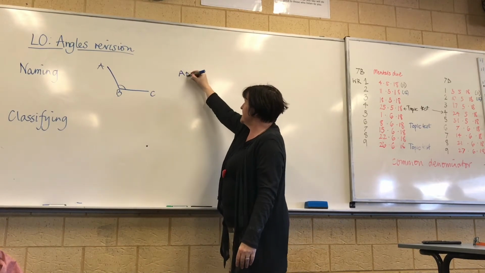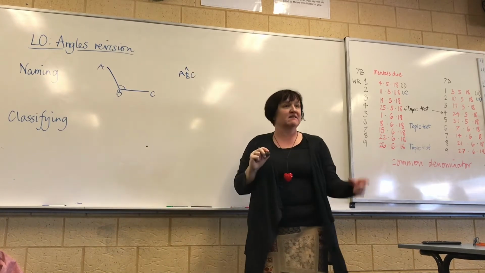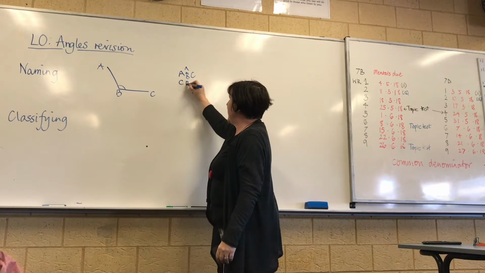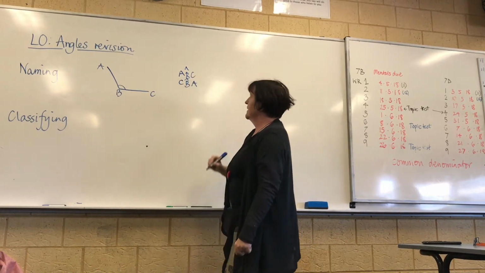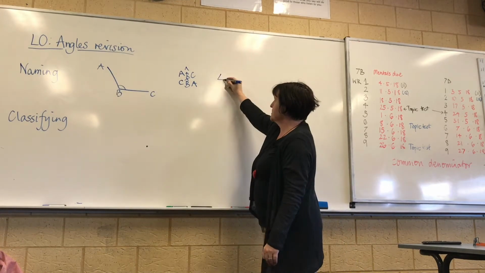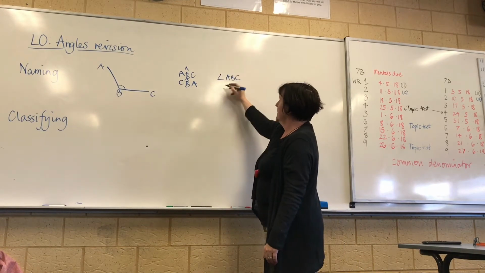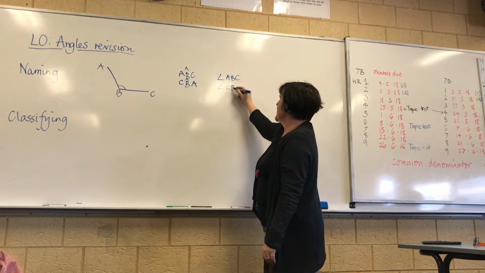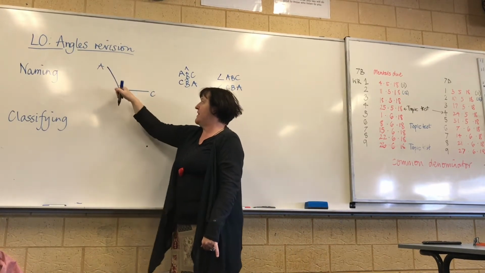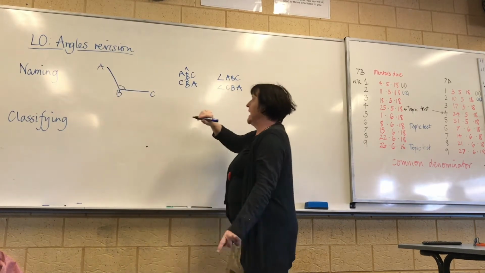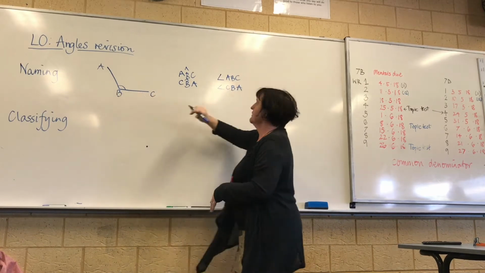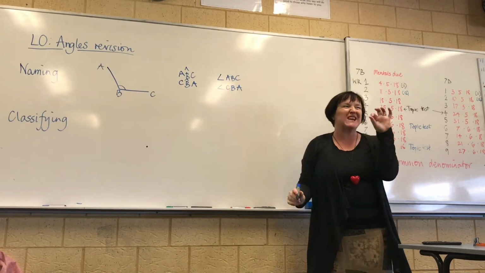So, A, B, C with a little hat in the middle. The hat means that it's an angle. C, B, A with the hat in the middle. Okay? Angle sign, A, B, C, or angle sign, C, B, A. Because remember, obviously, the angle can go there, there, there, or there, there, there. Now, that's what you say to an angle when it's sad. There, there, there. See, right, okay, and then there's one more way of doing it, which isn't the best way